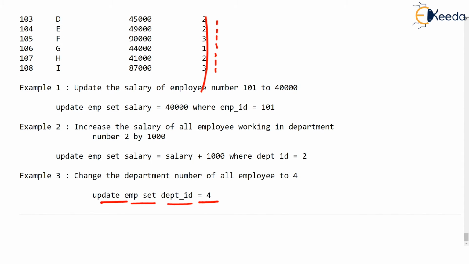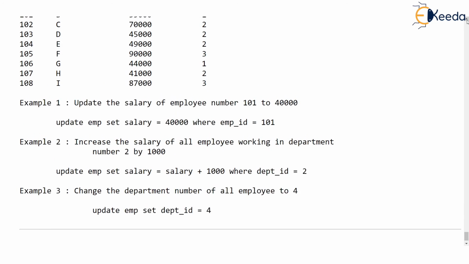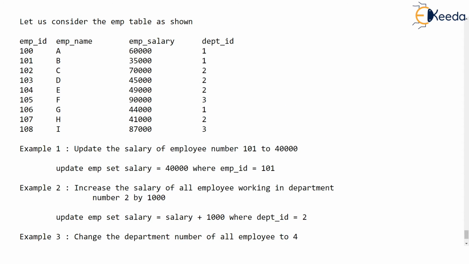And when we don't give where, then this update will be done for all the rows, irrespective of any condition, because we have not given it. Just as an example, suppose we want to set everybody's salary equal. That's impossible in a company. But just imagine we want to give everybody a new salary, and whatever is their old salary should be overwritten. Let's say everybody's salary should be 50,000. Then what will be the query?